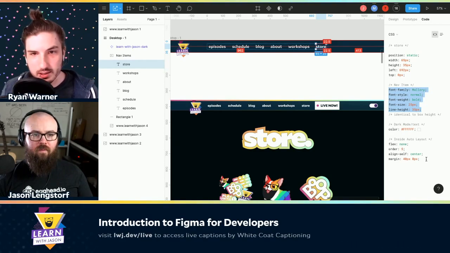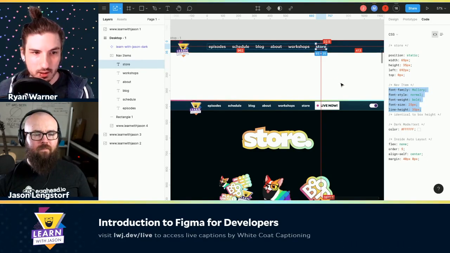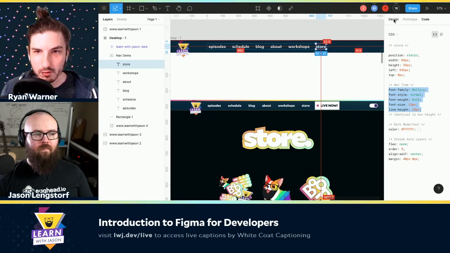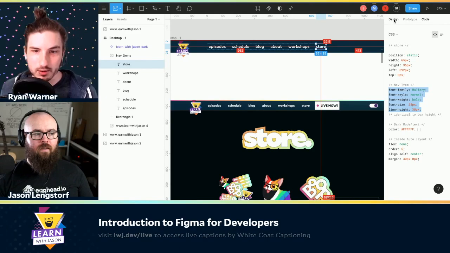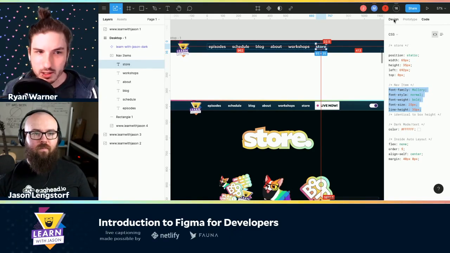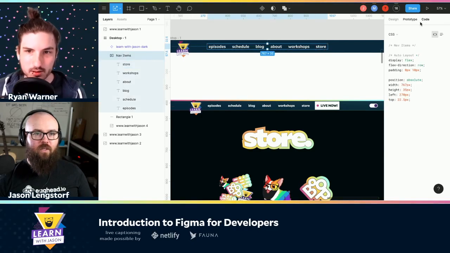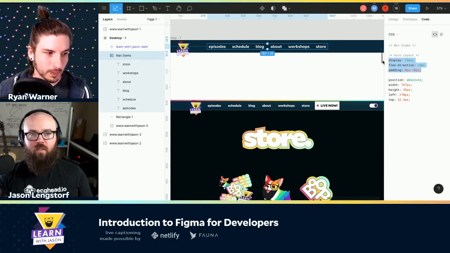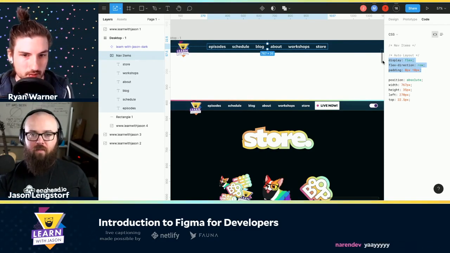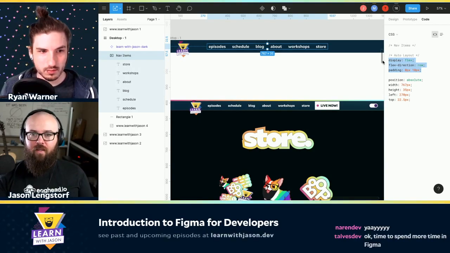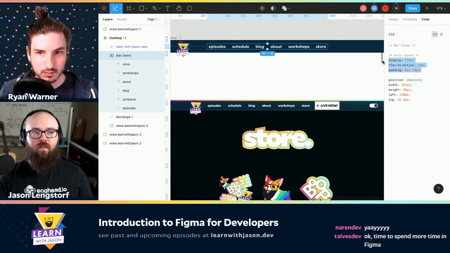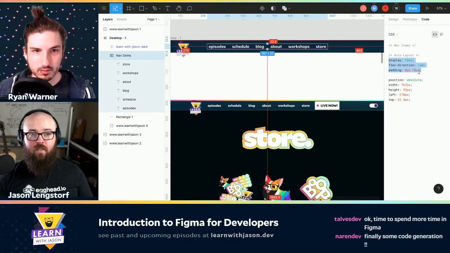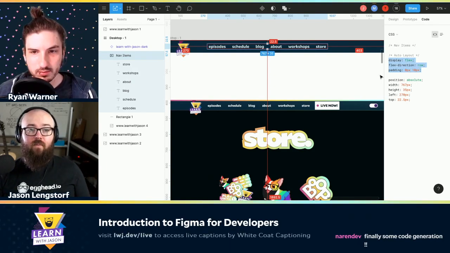But things like gradients, complex gradients, or box shadows, those are just a pain to pull out from the design panel. So I often come to this code panel and just copy that. If I have like 3 box shadows going on. Oh, that's so nice. All of this is stuff that once you know it, it's relatively straightforward to just go in and write a display flex or whatever. But if you don't know this stuff and you're wondering, how do I get these to flow properly, being able to copy paste it out feels like a superpower. That's really nice to know. If I copy paste this, it's going to be close. 100%. That is really, really nice.